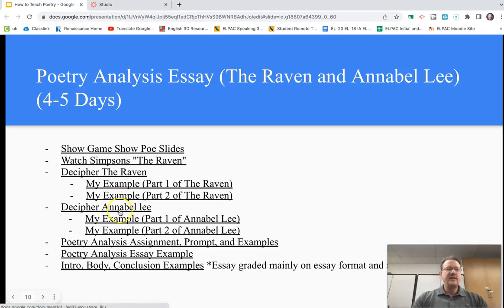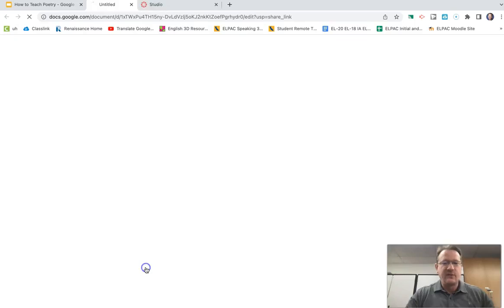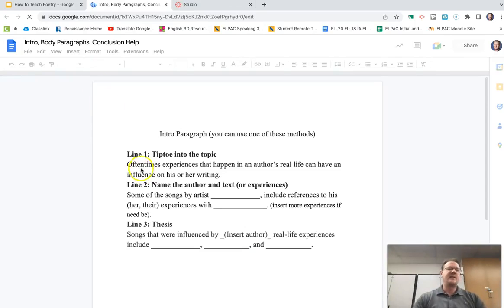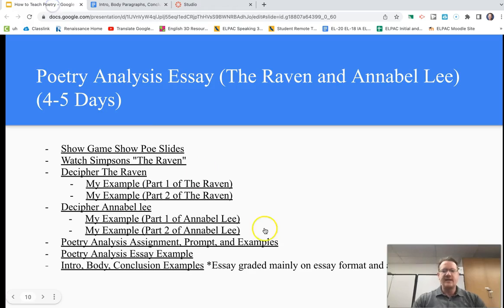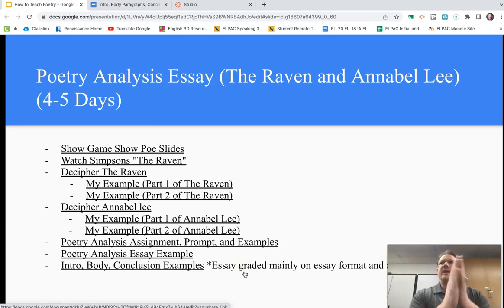The students really do, I'm not exaggerating, kind of enjoy writing this essay because they're writing about their favorite band or favorite musician or poet or songwriter or whatever. And they're researching about the poet's real life. Quite honestly, the writing part comes a lot easier for them if they're doing it with something that they enjoy. The final thing, and I tell the students this in advance: look, the essay is going to be graded mainly on format.